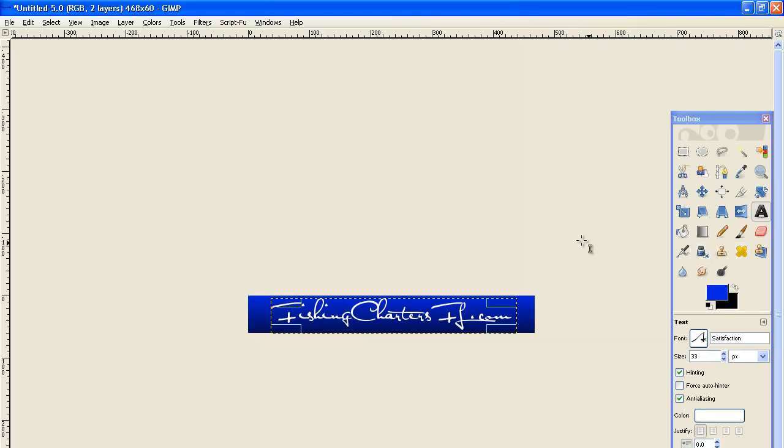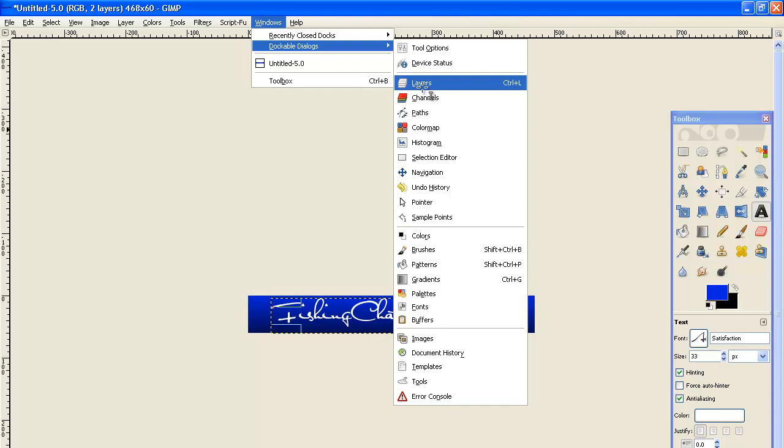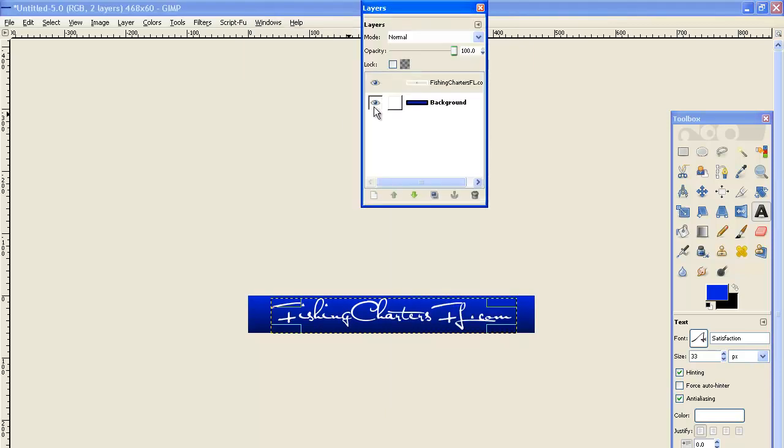Alright, so now that that's done, if we want to play around with the background a little bit, you can go ahead and click on Windows up here and go to Dockable Dialogues and click on Layers. And what you'll see here is your text. If you click on this eye here, it'll disappear so you can see the background. Later on in advanced tutorials that I'll create, you'll see me doing this sometimes because it gets so cluttered that you kind of have to have things disappear while you're working with them. To mess with the background and not mess with the text, you want to actually click on the background here so it's blue,